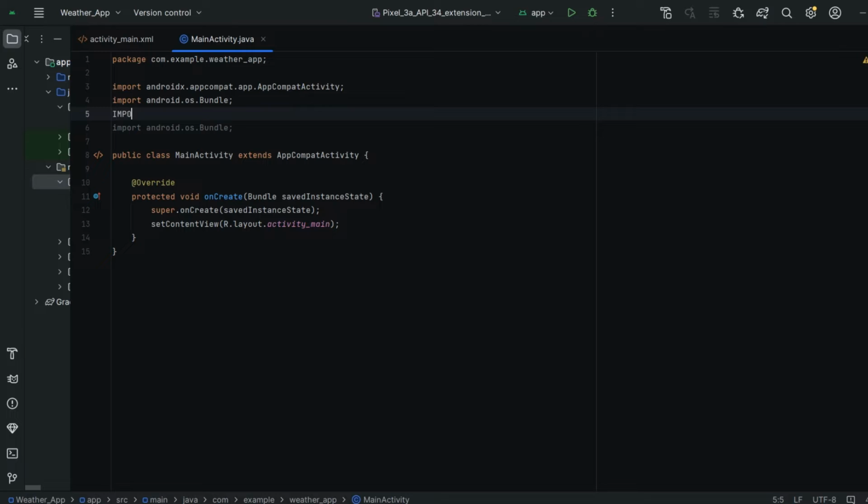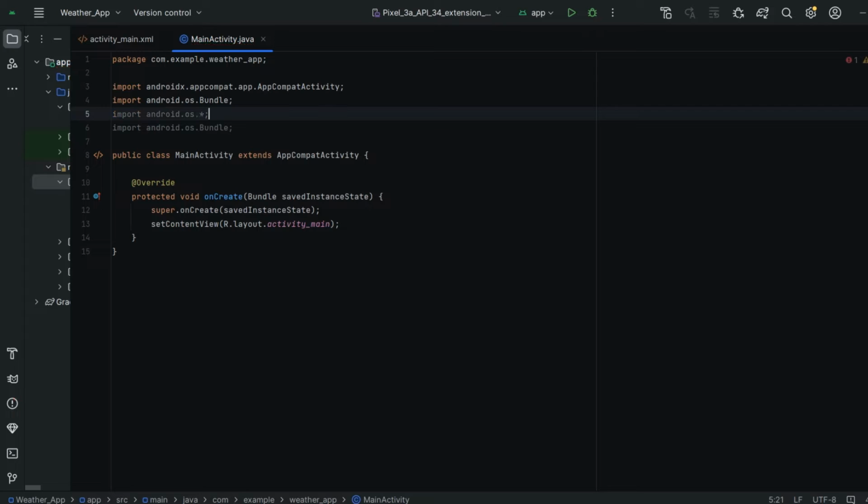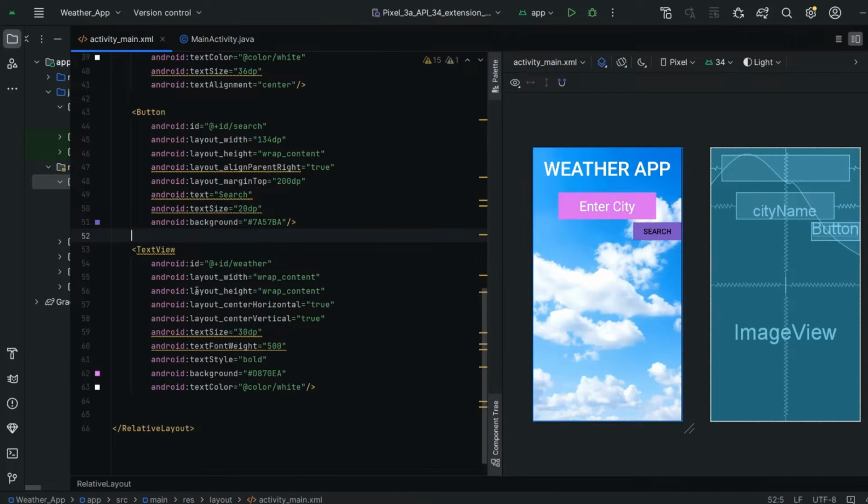Next I am going to import, let me import everything from OS, guys. Why do we have to type again everything. android.os.*. Next I am going to import view, button, text view. See, guys, we created view, button, text view.